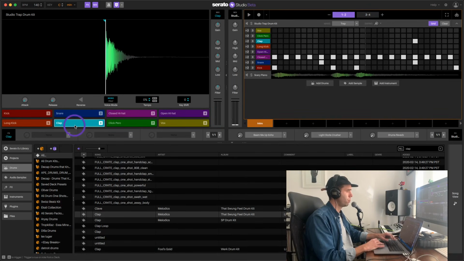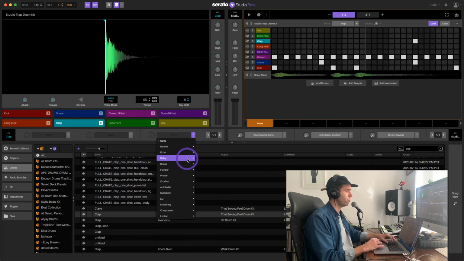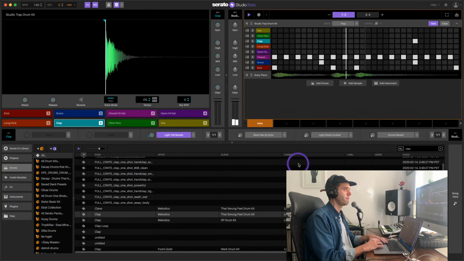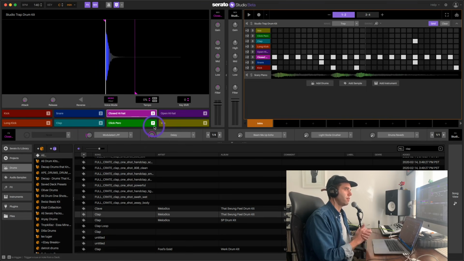And this one I also want to put some reverb on, so let's throw some reverb on that too. Where are we? Here we go. Same one, light tail reverb, and there we go. Another thing I like to do actually on this closed hat is I like to put